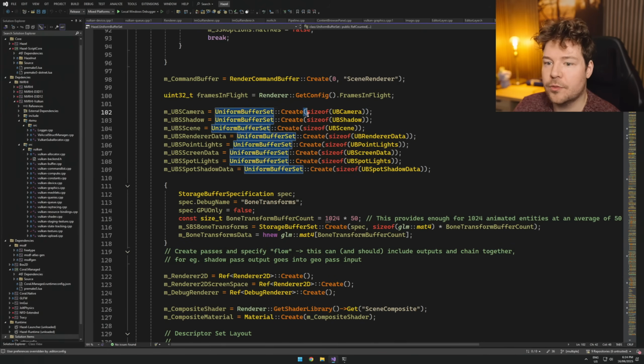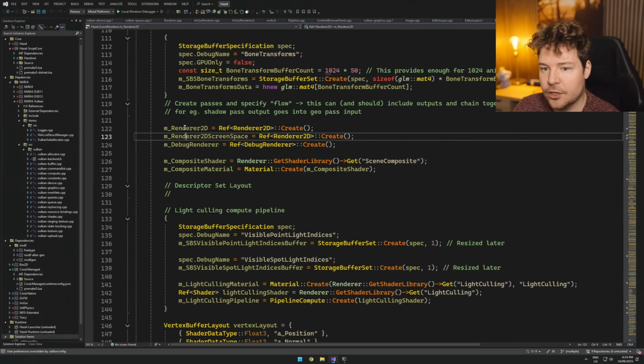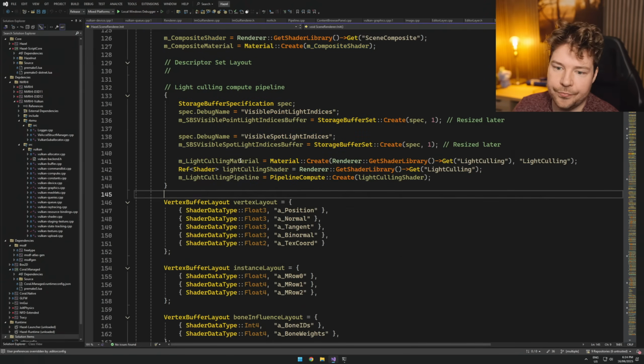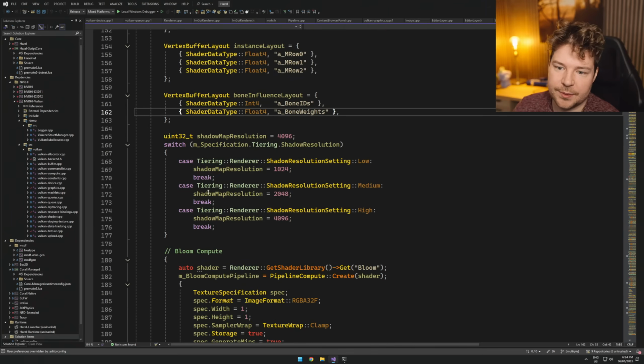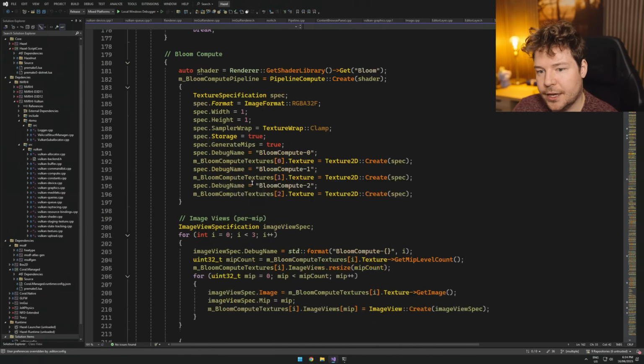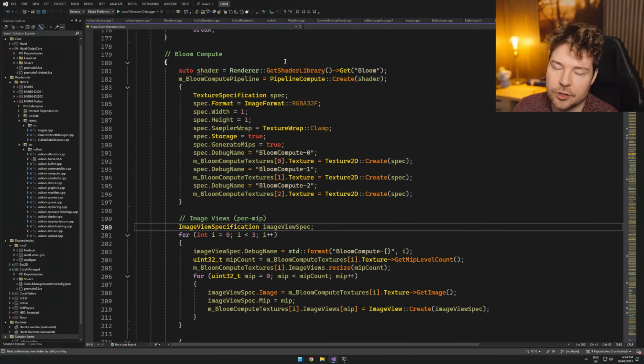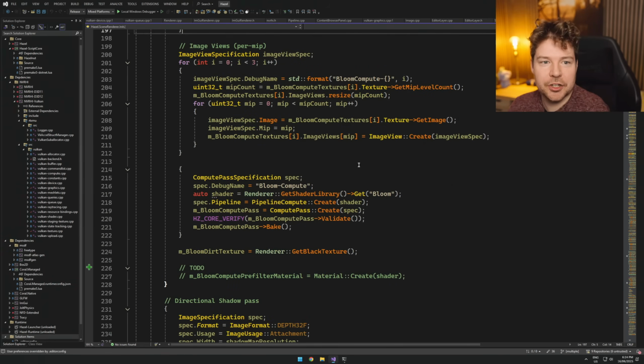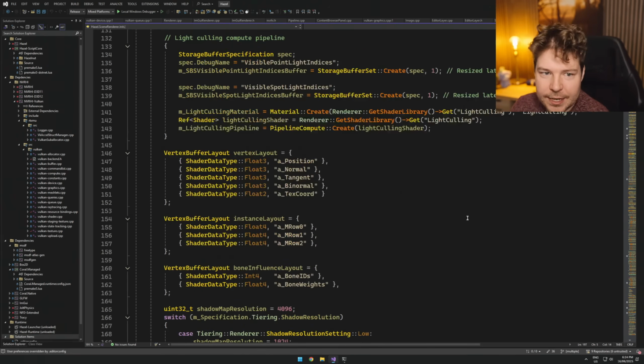So these uniform buffer sets, the renderer 2D even, the shaders, these vertex buffer layouts, all the actual pipelines, the compute pipelines, the graphics pipelines, it's actually going to create all of them. So this is where we're going to probably spend the next few weeks, I imagine,